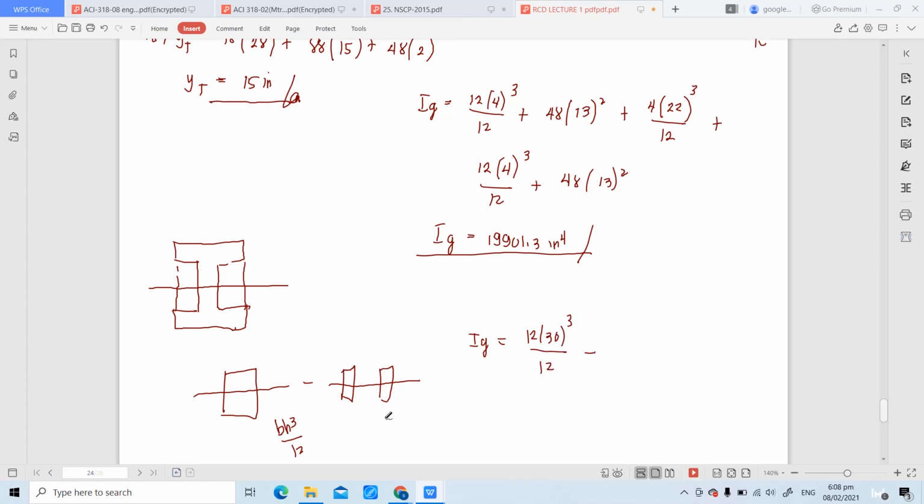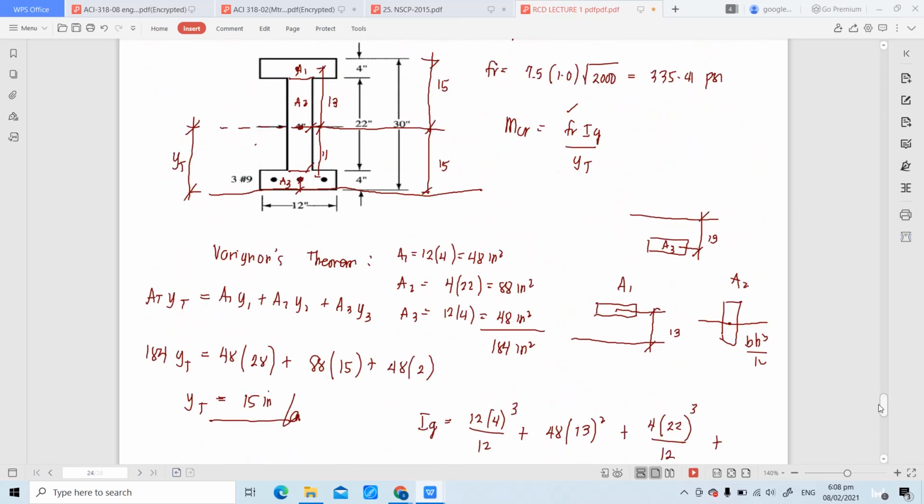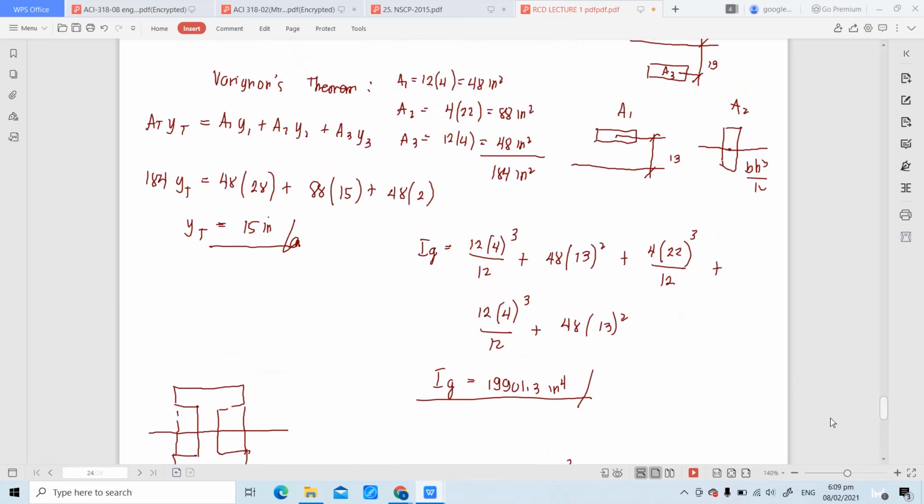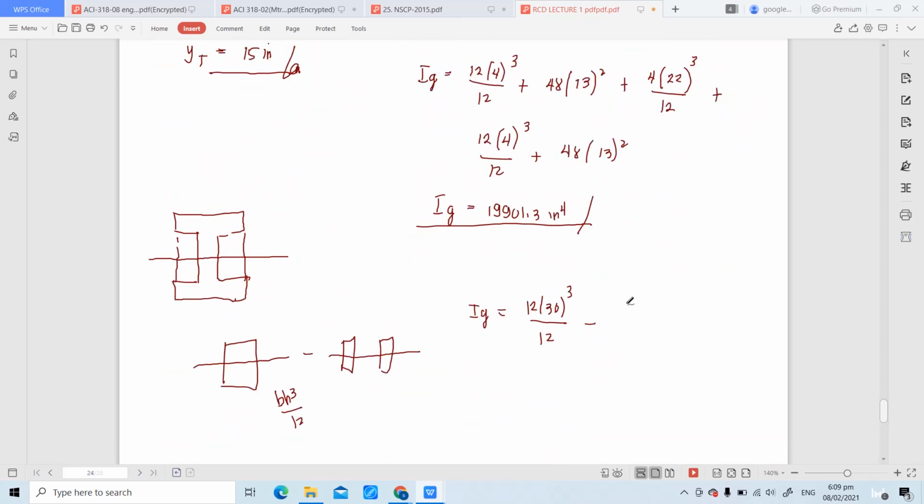Minus yung moment of inertia ng dalawang dinagdag nating butas. bh cubed over 12 din yan, dahil yung centroid tsaka yung neutral axis, nag-coincide sila. Ano bang base nila? Base nung dalawang butas na yun ay 12 minus 4. That will be their total base. Ang height nila ay 22. So, yun ay 12 minus 4, that is 8. Ang height ay 22 raised to 3 over 12. So, dapat parehas lang daw tayong